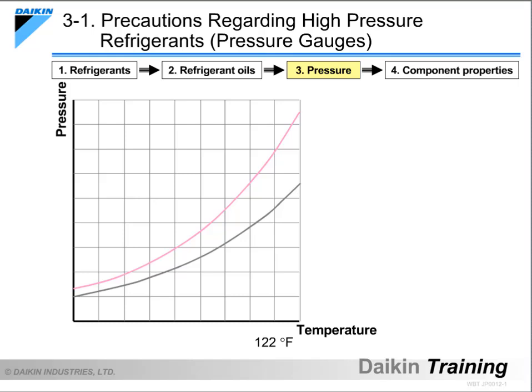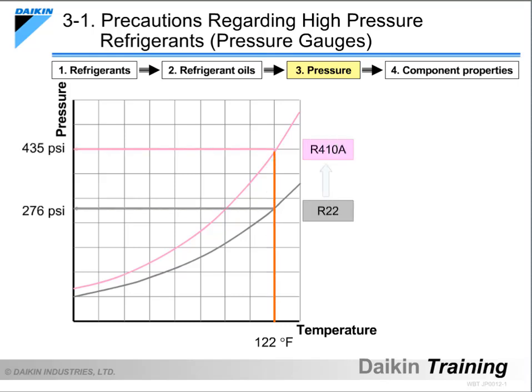Let's now learn about the pressure differences between R22 and R410A, and precautions when handling them. In order to increase the capacity of air conditioners, refrigerants that reach a higher pressure than the conventional R22 are combined in R410A. As you can see on the saturation curve, at a temperature of 122 degrees Fahrenheit, the pressure